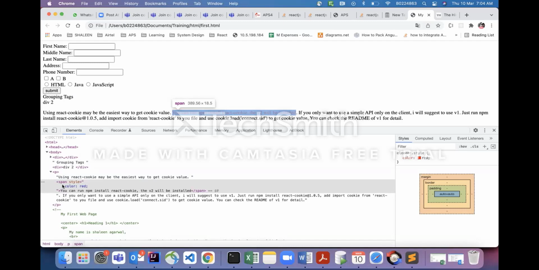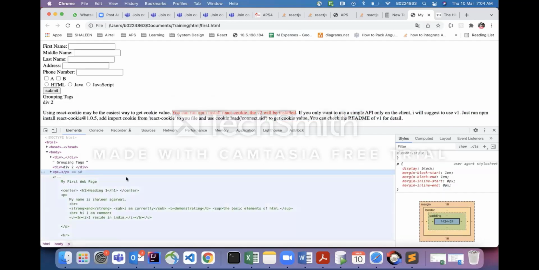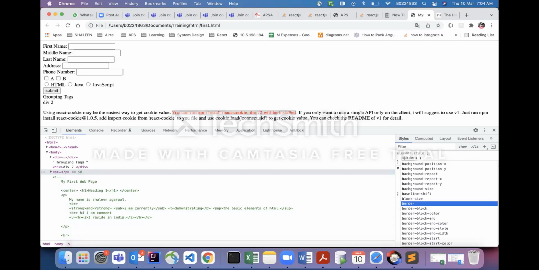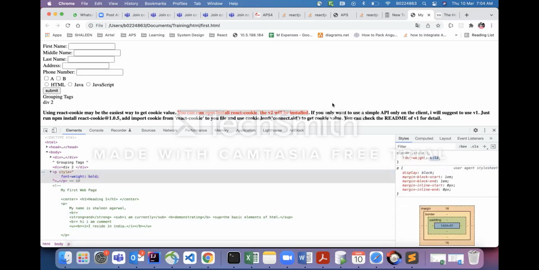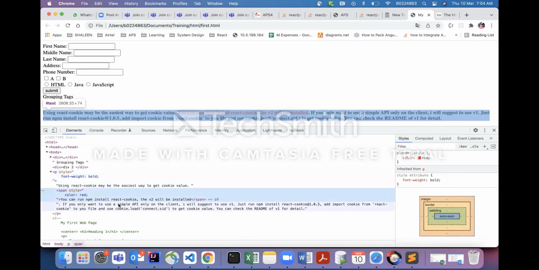So it will not apply to the whole paragraph, instead to the particular line. Correct. Good. Let's say if I apply it to everything in a paragraph, right? So everything is bold, but I wanted only this text to be red, so only this text is red because of this span. Don't worry about this CSS. We will talk about how I'm changing red and black and bold everything in CSS class,